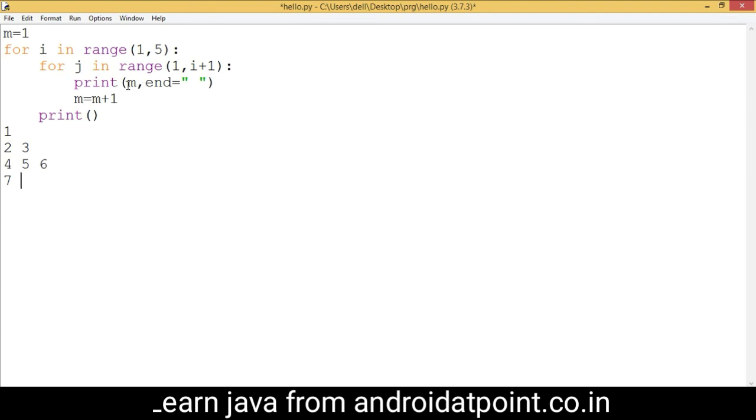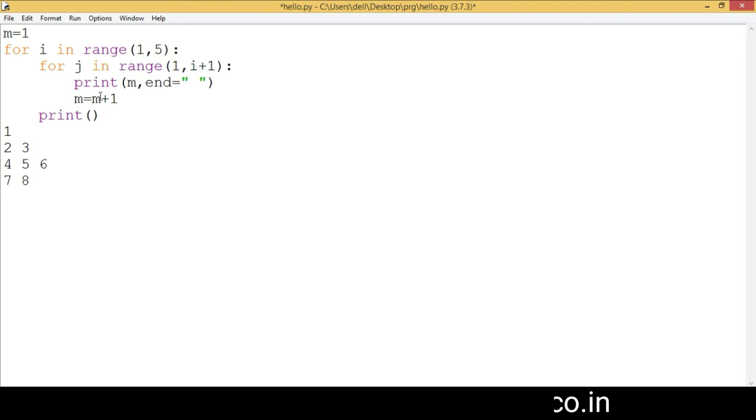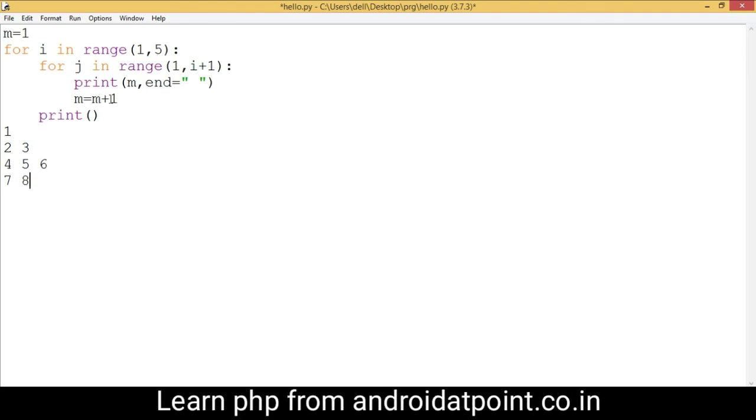So the second time, print the value of m as 8. Now control again comes here and adds the value 1 to the m variable and assigns it to the m variable again. So 8 plus 1 is 9, assigned into the m variable. The third time, the value of m is printed as 9 here. Control comes here and adds the value 1 to the m variable. So 9 plus 1 is 10, assigned into the m variable, and the fourth time the value of m is printed here as 10.